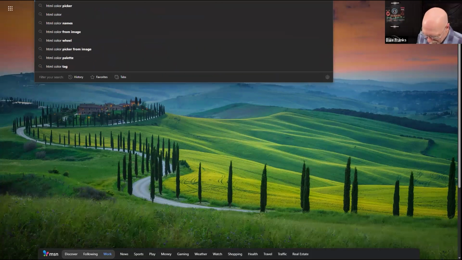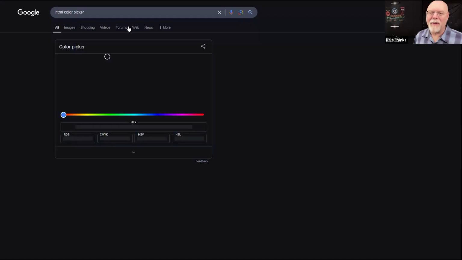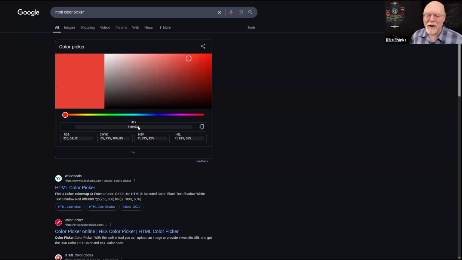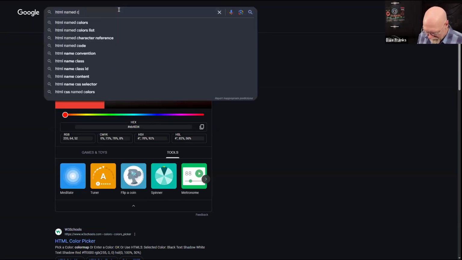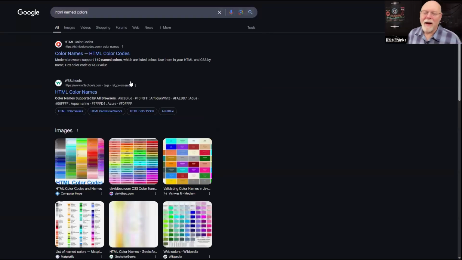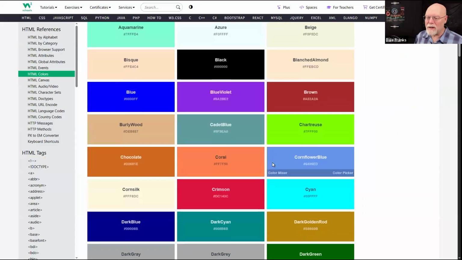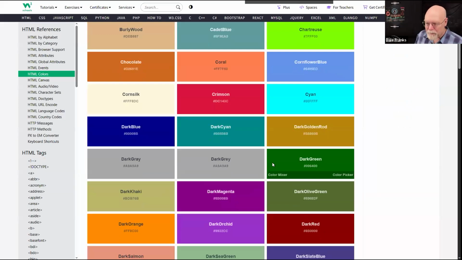I've got to find out what the hexadecimals are. Let's go with HTML named colors. So we'll go back to W3Schools and I want green. So I'm going to search for green.